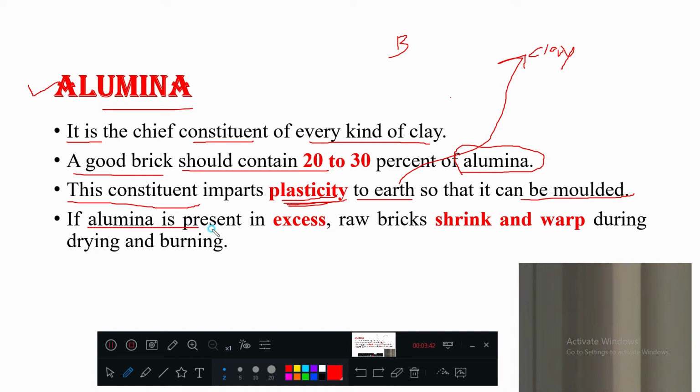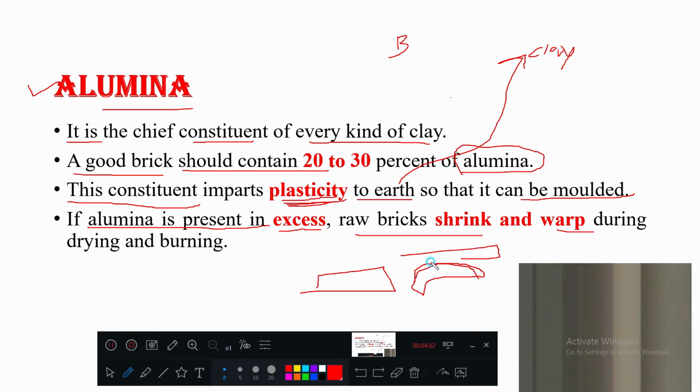So if alumina is present in excess, raw bricks will shrink and warp. Shrinking means reduction in size. Warping means it will get a little bit out of shape, like it will bend like this. It will not be of rectangular shape. Rectangle means not shrinking or not warping. Warping means there will be a disorientation of the brick shape.